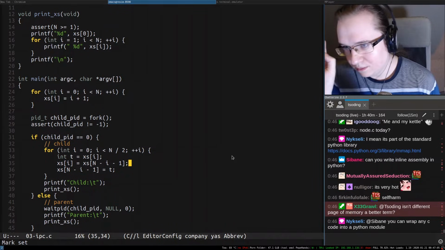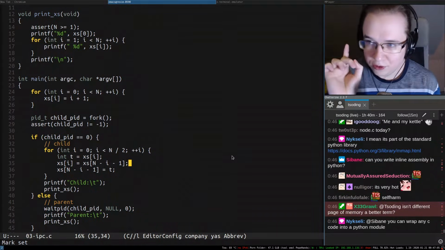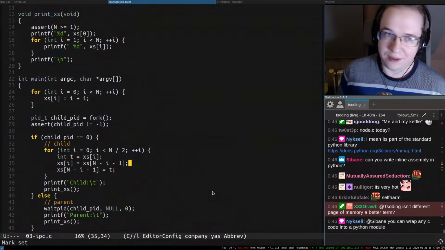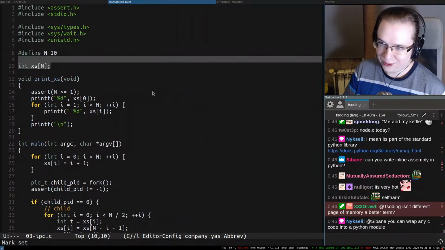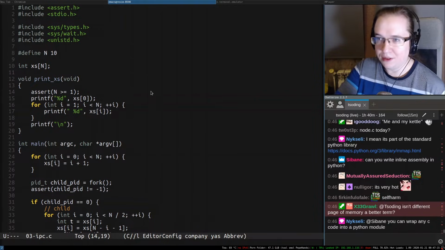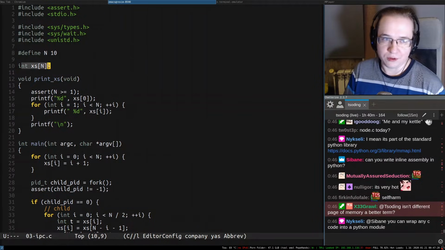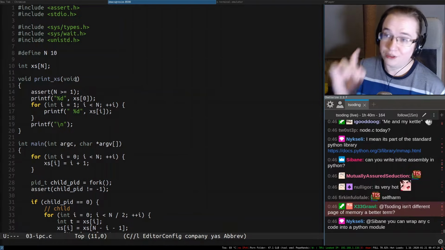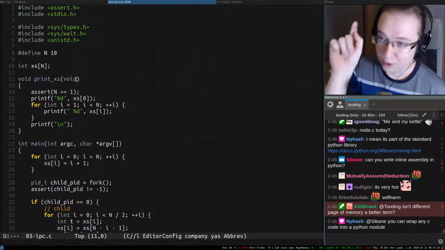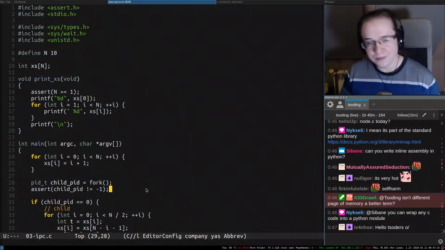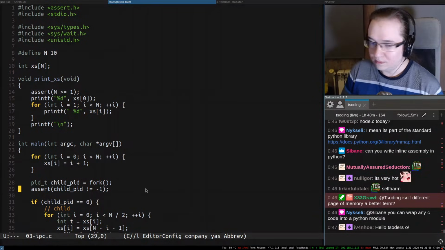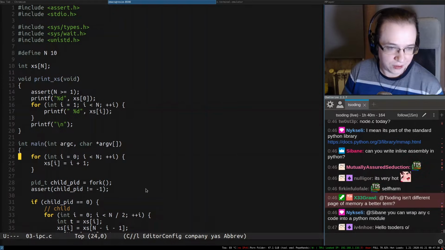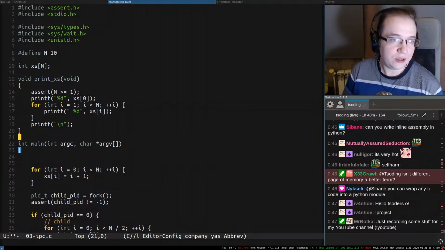So, enough theory. Let's go into practice. Let's try to implement that idea. Instead of allocating this thing in static memory, let's just memory map enough memory for this array, and also mark it as shared and as anonymous, and see what's going to happen. So how are we going to do that? I suppose we're going to basically take this thing here,